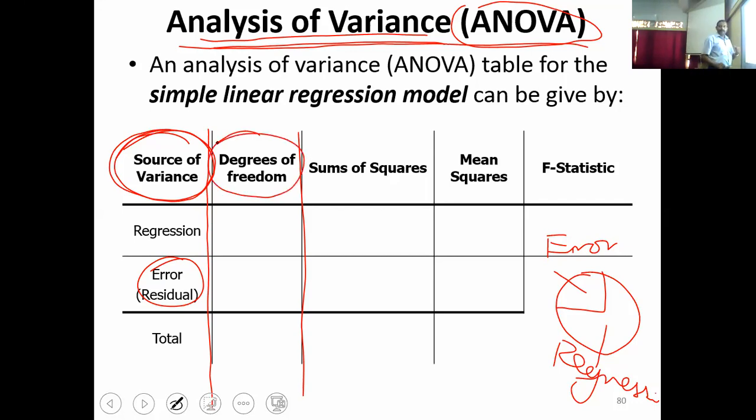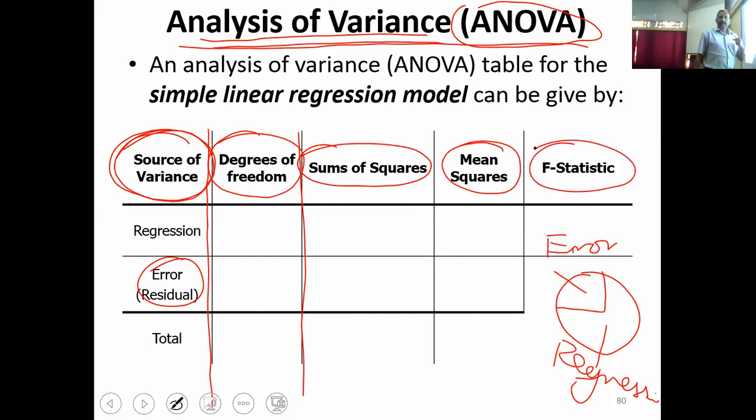Degrees of freedom, we will see that. Then calculation of sums of square. Then calculation of mean square, and at last F statistics. We don't use T statistics here. F statistics, we are looking at the ratio. Right? So here we have